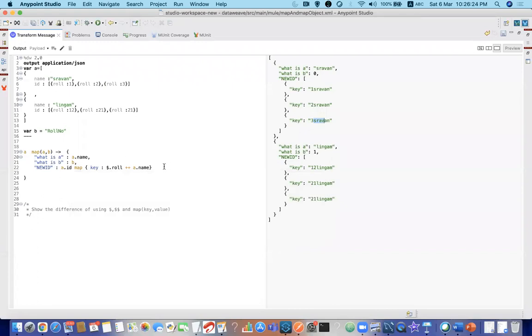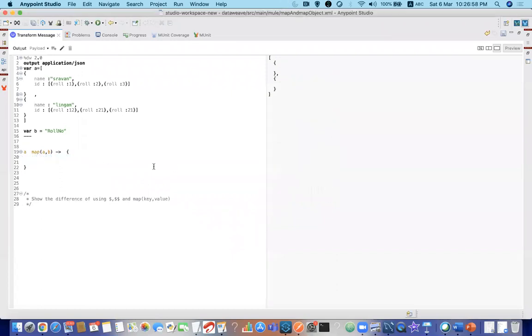If you have any nested loops, it's always better. Here also, what you can do is, instead of having map, you can say C comma D, and please try to use C.roll. It's always best practice to have this kind of syntax. Everyone understood this point? Why we are going in that way? Yes, no? So at the end, I wanted to tell you that it's always best to have this syntax. Best practice. Clear? Hope you have understood this.